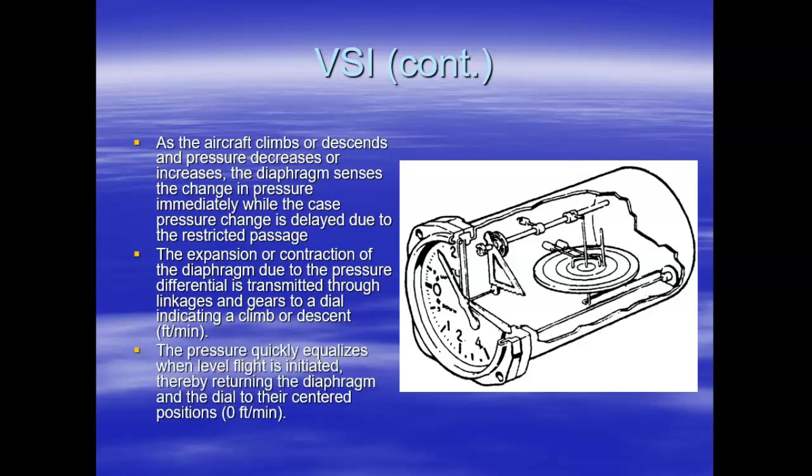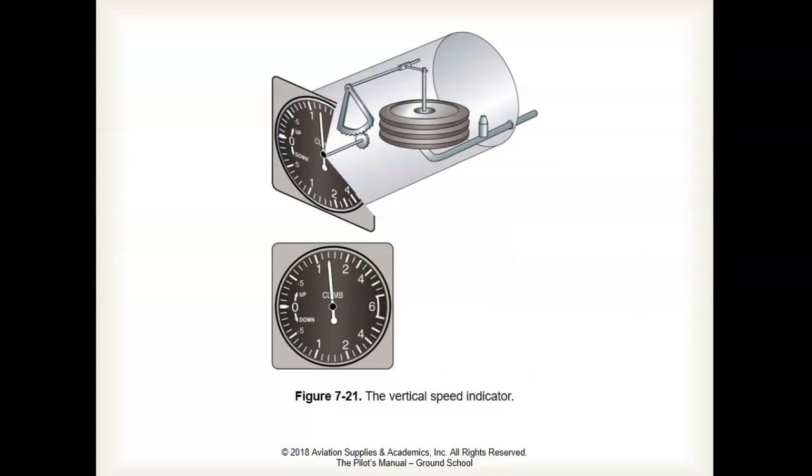When the pressure in the casing of the instrument equalizes with the pressure inside of the diaphragm, the dial then returns to 0. Here's another look at the vertical speed indicator. You can see the diaphragm inside of the casing and the calibrated leak. And you can see in this figure that the vertical speed indicator is indicating a climb of about 1,200 feet